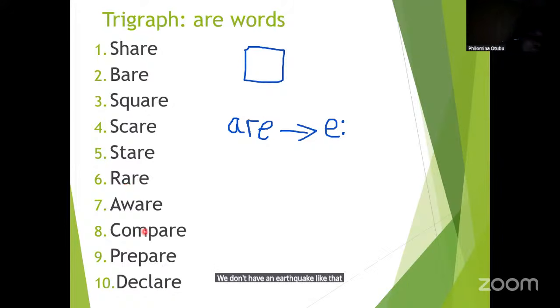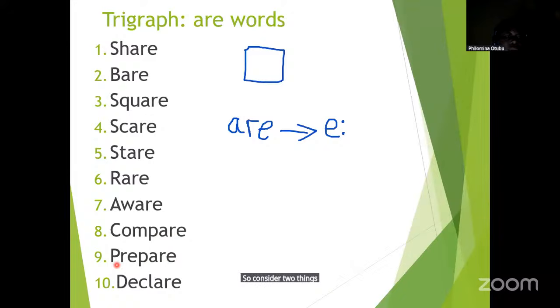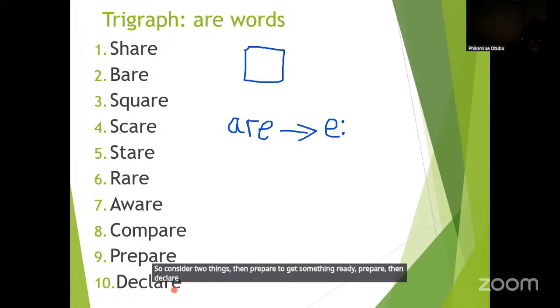Then we have aware, to be aware of something, to be conscious of something. Then we have compare, to consider two things, A or B, B or C. Then prepare, to get something ready. Then declare. Declare simply means to